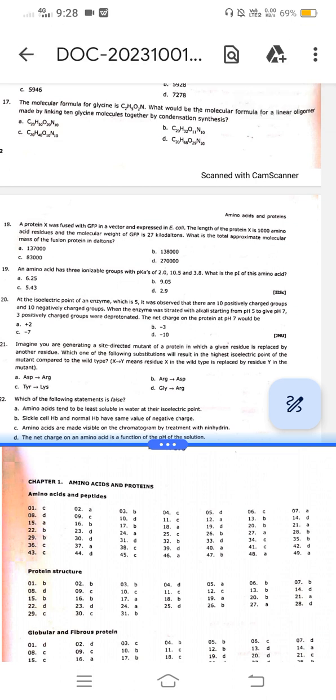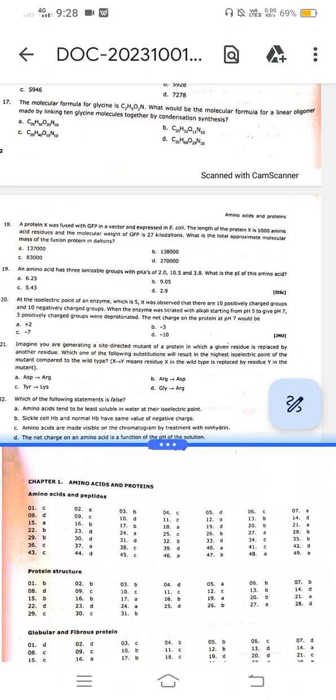Then a protein X was fused with GFP in a vector and expressed in E. coli. The length of the protein X is 1000 amino acid residues and the molecular weight of GFP is 27 kilodaltons. What is the total approximate molecular mass of the fusion protein in daltons? 18. Answer is actually A. A in the sense